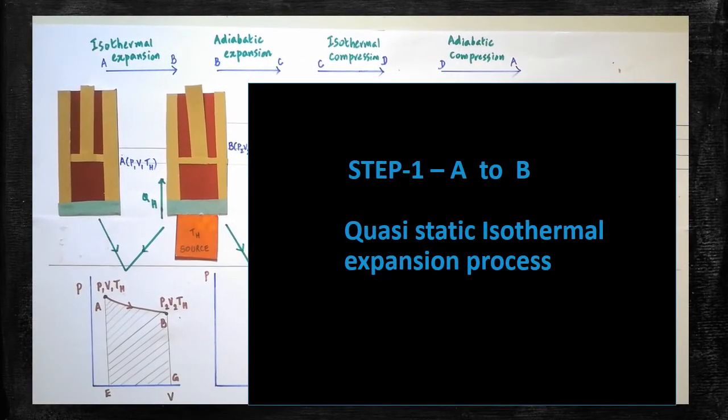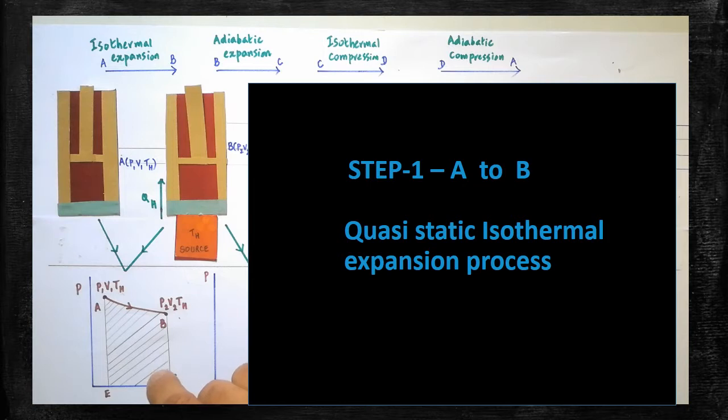Today, you are going to learn about Carnot engine. Carnot engine is the ideal heat engine in which the efficiency of the Carnot engine is 100%. It's an ideal heat engine. So in this ideal heat engine, there are four cyclic processes. These four cyclic processes are commonly called as Carnot cycle. The names of the processes are isothermal expansion, adiabatic expansion process, isothermal compression process, adiabatic compression process. Now we will see the processes one by one.